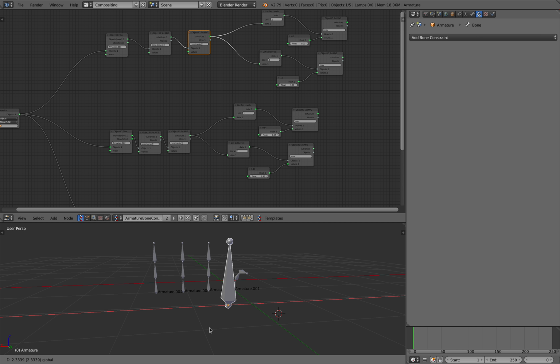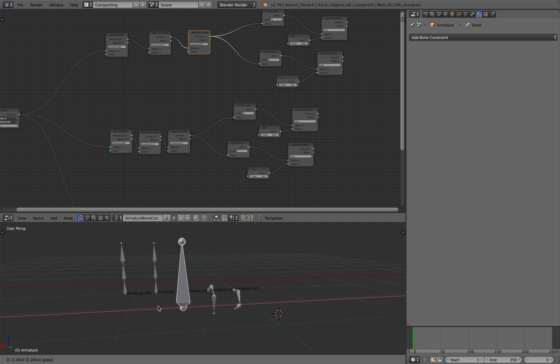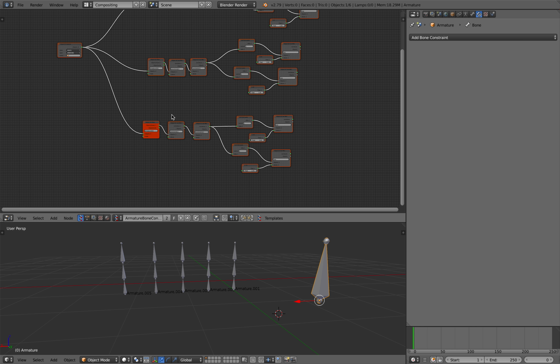Let's see what it looks like at the moment. So 1, 2, 3. This one, let's have 5. You see number 3, number 4, and number 5 are just doing the same thing. And I don't want that. I want it to be